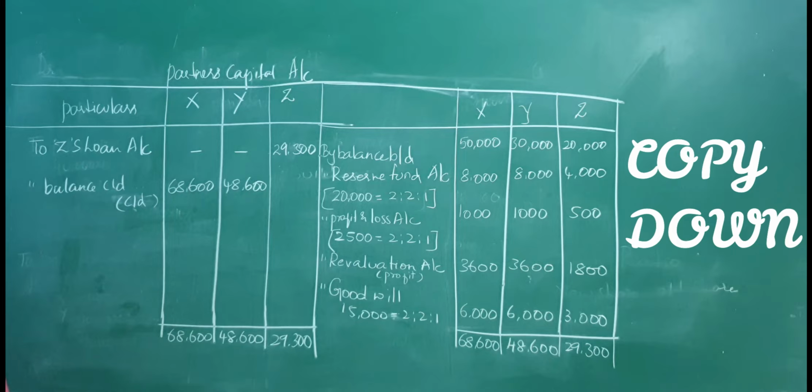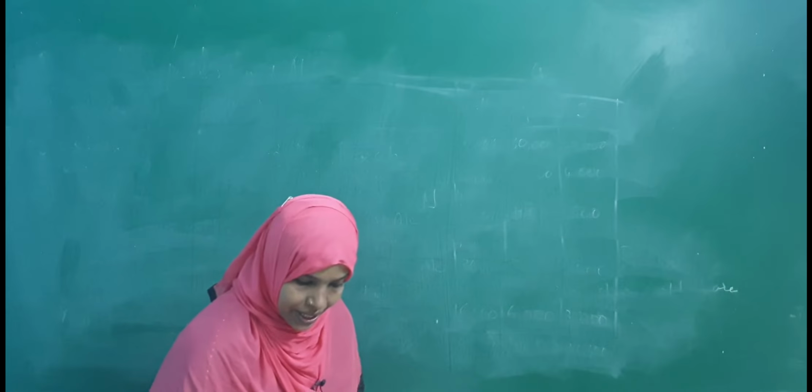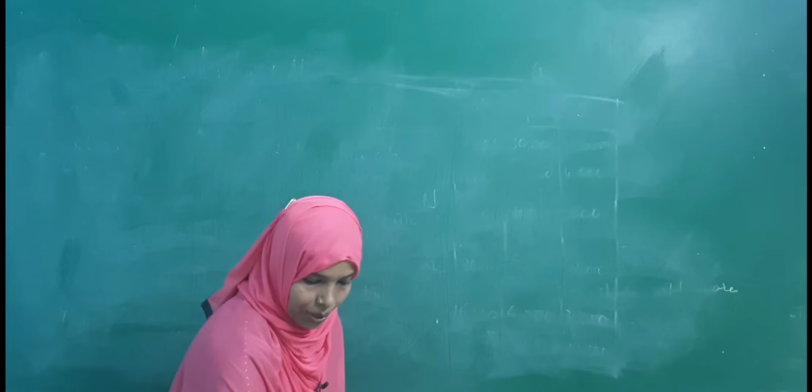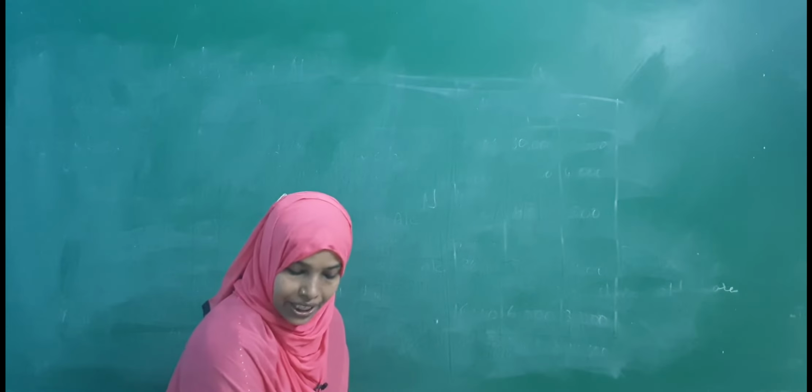One easiest method I used to tell my students when they do balance sheet, see the format. What they have given in balance sheet, what they have given in liabilities. In liabilities, how many liabilities they have given? They have given creditors, reserve fund, profit and loss, capitals. Already we have transferred reserve fund, profit and loss, capitals. We have only creditors. Now when we go for assets, we have cash at bank, debtors, stock, machinery, furniture, building.